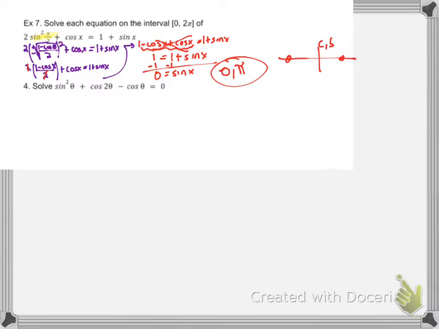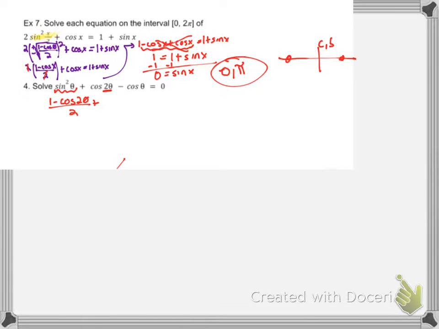Okay, let's do the bottom one, 4. So 4 says we have to solve this as well. So I have sine squared. I want to look for a way to relate this to cosine. So far what we've done is we see here we have a double angle, so it probably is natural to do more of a double angle formula. So I'm going to go here and swap this out to being one that looks like it. So 1 minus cosine of 2 theta over 2